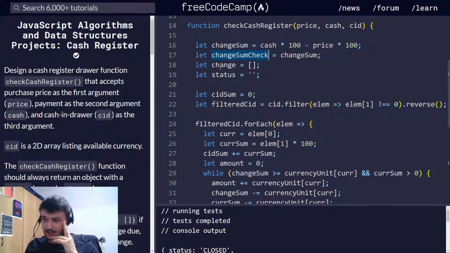And still right here I initiate change, which will be a 2D array, so I initiate it as an empty array and the status as an empty string. Now, I initiate the value for CID sum, so I want to calculate and store in this variable the sum of all the money in the register. Okay, to do that I just have to go through all